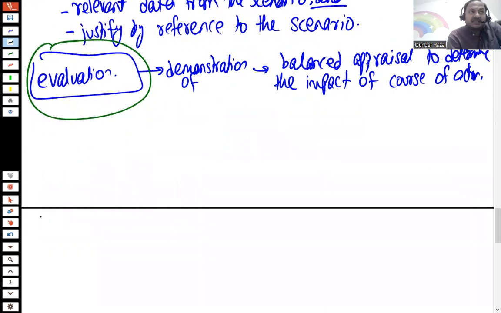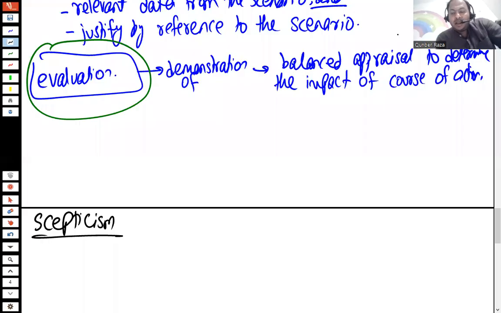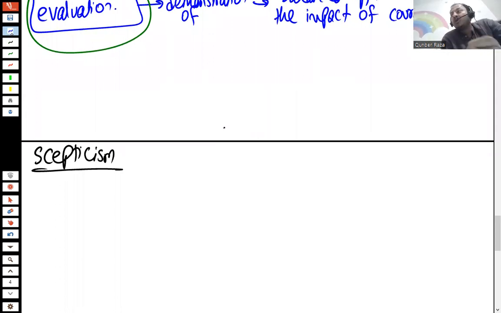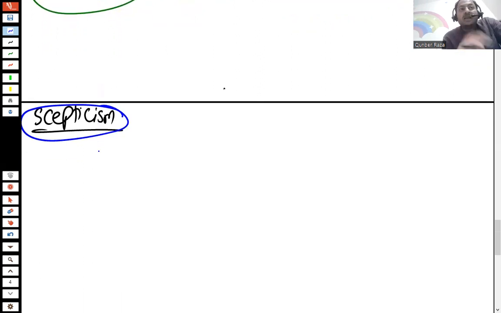The third professional skill is about skepticism. So what does skepticism mean? We normally heard this term in our ACCA journey, normally in the audit and assurance paper. And since then, the mindset about skepticism is that whenever we listen to any information, first challenge it, it is wrong. But here in the professional skill, skepticism does not mean the information is wrong or that you are going to challenge the information as incorrect. The answer is no. Here, the word skepticism means, in a given situation, you need to identify, for example, what information is